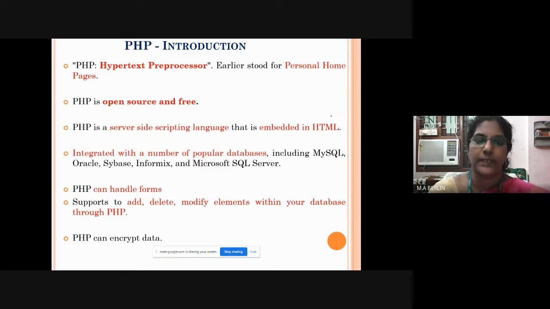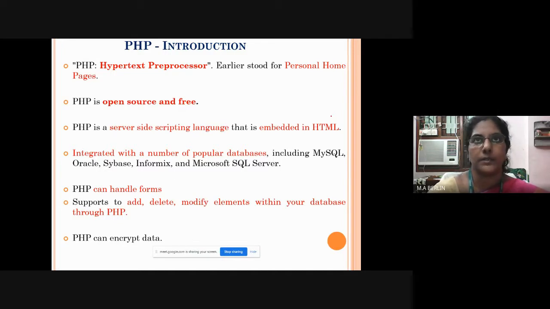And PHP can also be integrated with many popular databases such as MySQL, SQLite, Oracle, SQL Server, and so on. PHP can handle many forms. It is able to gather data from files, and send or save data into files. It is able to send an email, and it is also possible to maintain a large amount of data in the database.